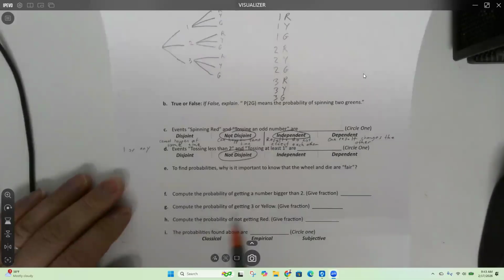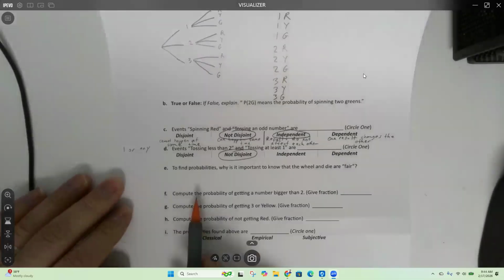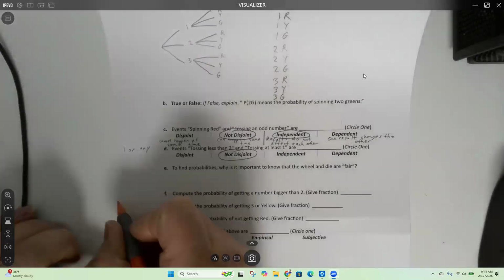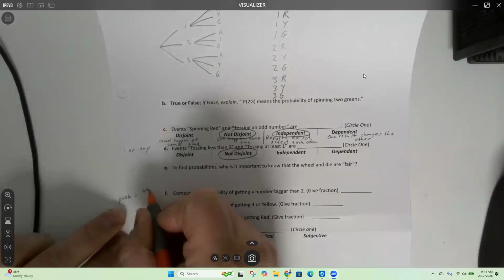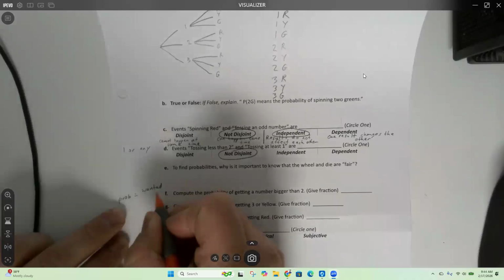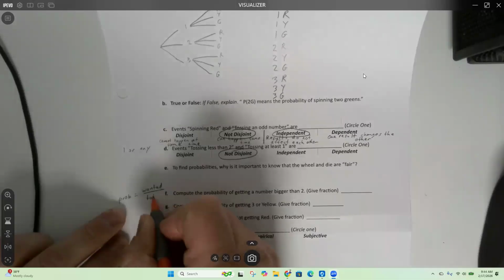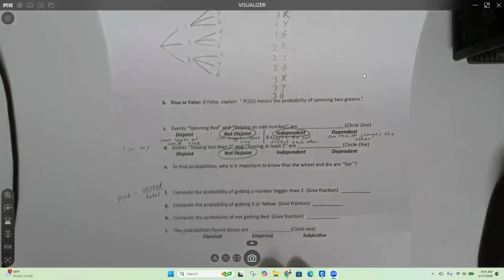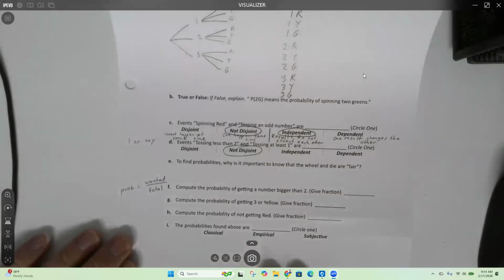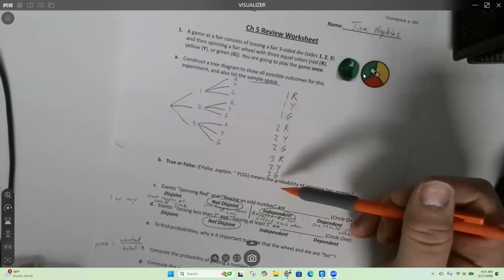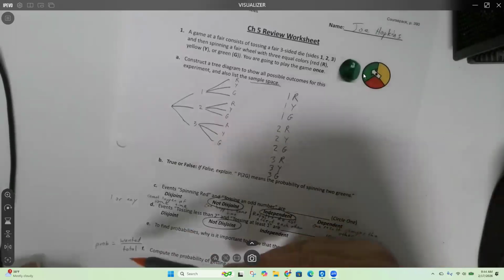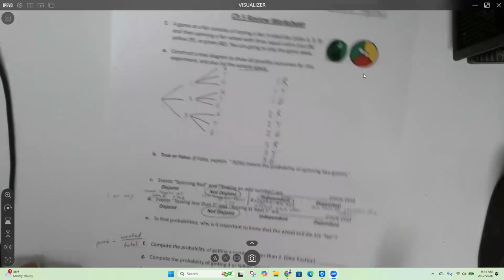Okay. Right. The probability. So probability, all these probabilities, probability of this, probability of this, probability of this. Probability is the number of wanted outcomes divided by the total. Okay. So in this case, our total is 9. We have 9 possible results. And you're just going to say, all right, that's my denominator. In the numerator, how many do we want?